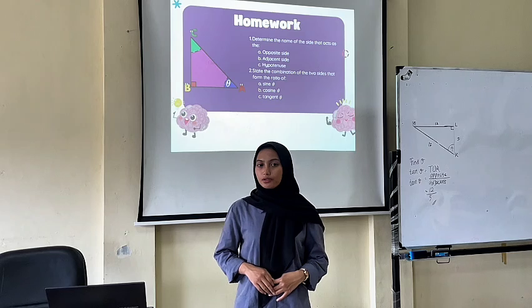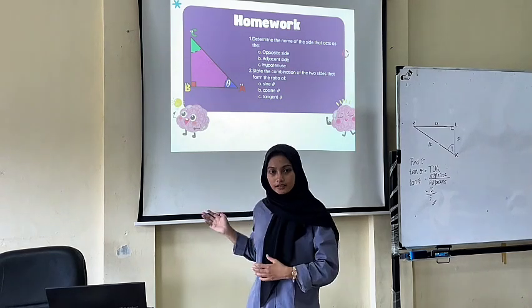We want to write the conclusion. Trigonometry in a right angle triangle explains the relationship between the angle and the sides of the triangle. The three important sides are: First, hypotenuse is the longest side. Second, opposite is across theta. And third, adjacent is next to theta.